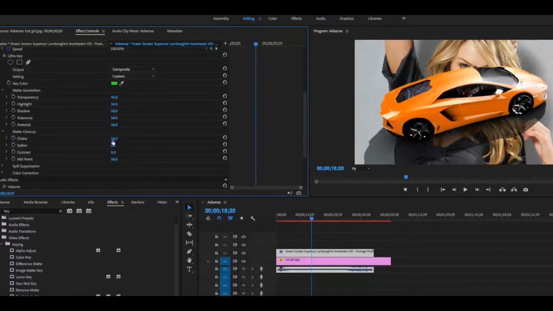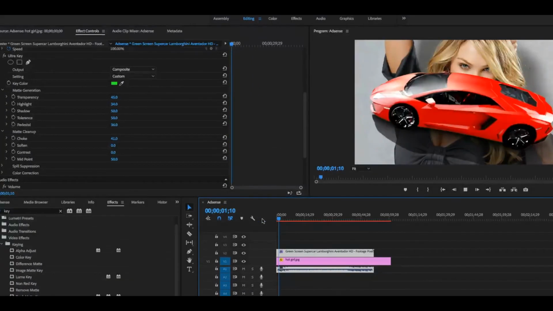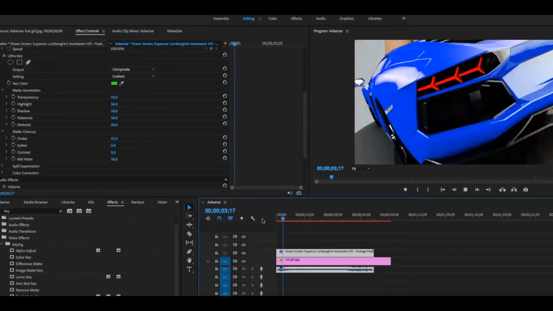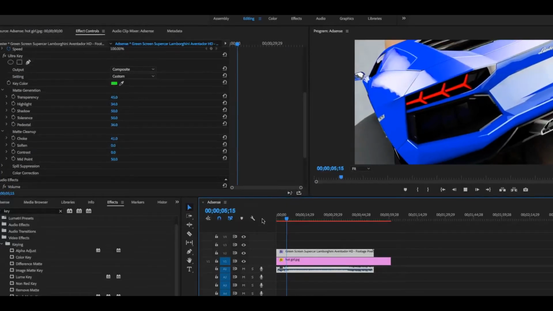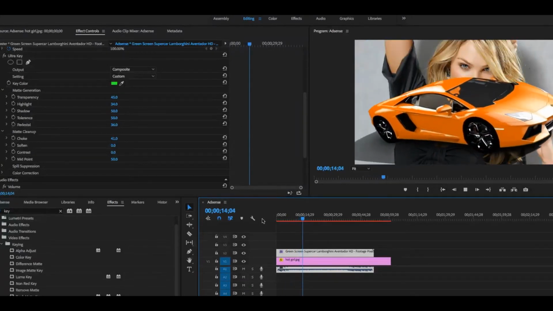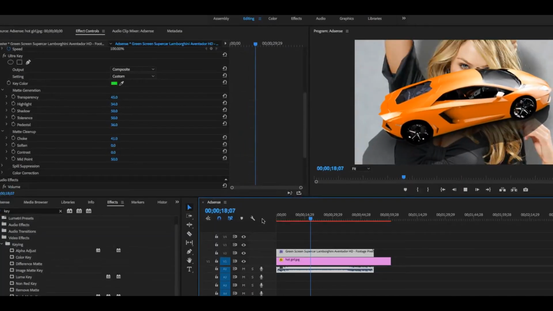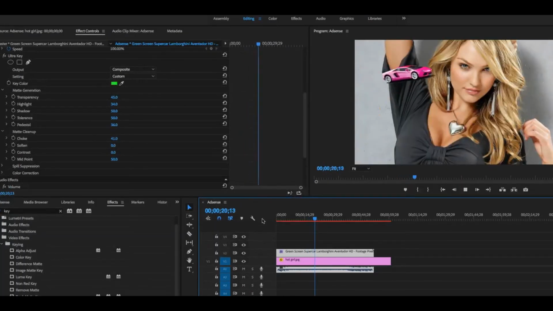So the matte cleanup choke, this will actually remove some of the green. As you can tell right there, it looks like we physically have all the green off. So let's go ahead and play it. It looks like all the green is fully removed and the background image is full on all the video, and it looks like